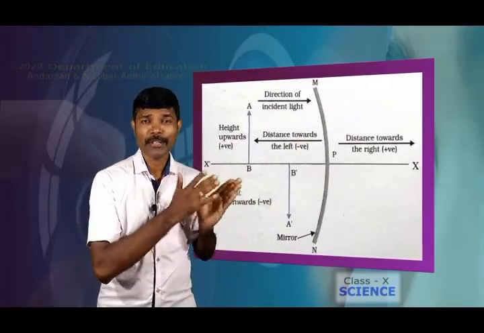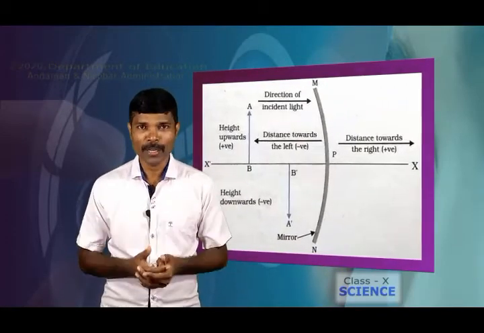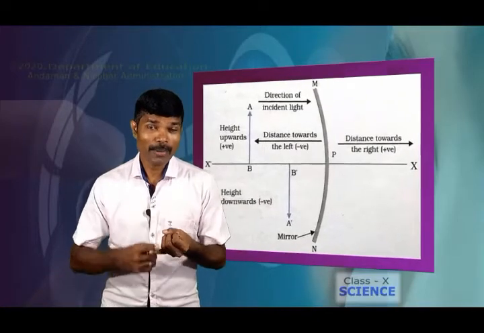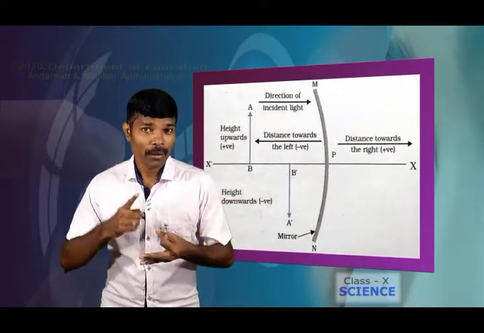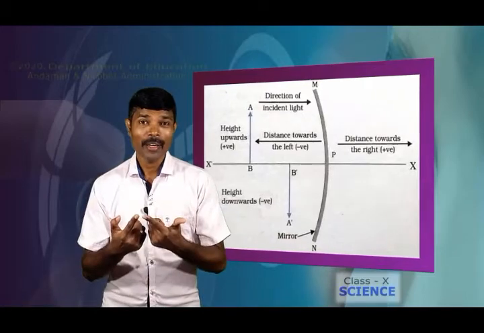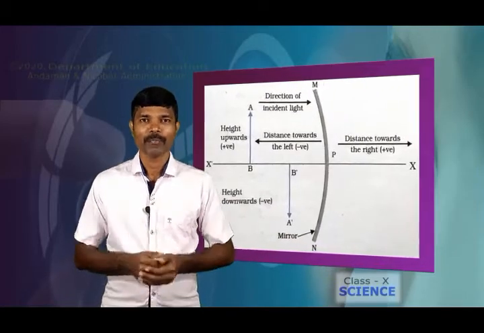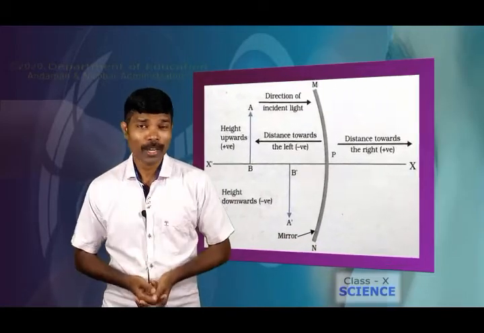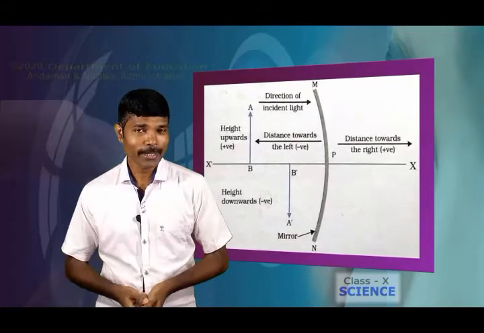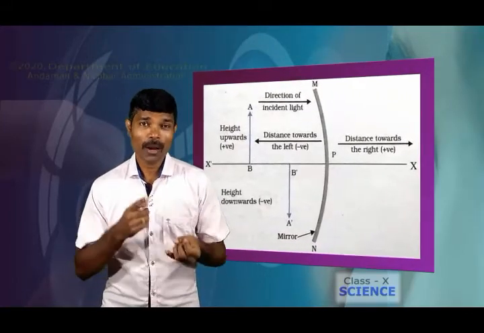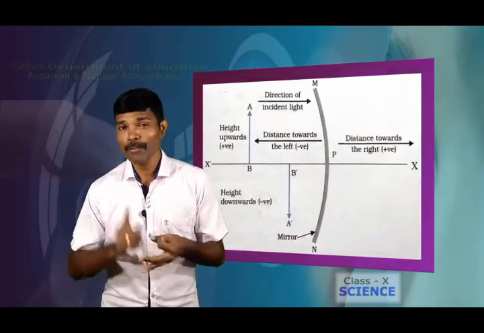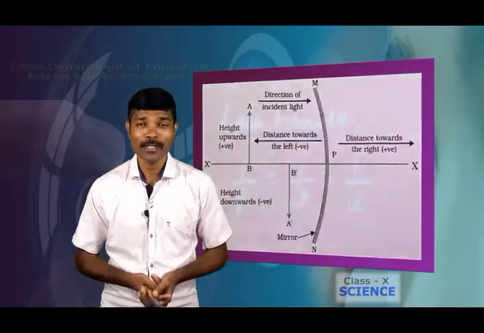In the previous section, we have learned what is mirror formula. We have seen that object distance, image distance, focal length, all were interrelated to one another. Likewise, in lens also we are going to use lens formula. What is that lens formula? Here in lens formula, object distance, image distance and focal length all are interrelated to one another.